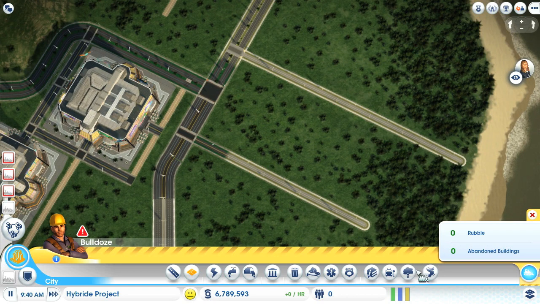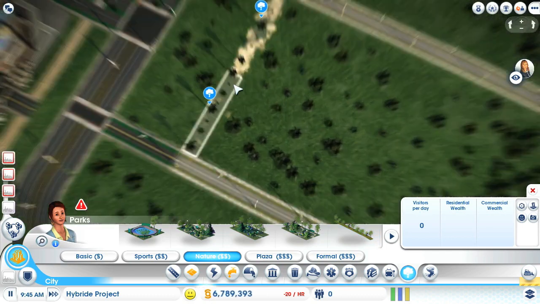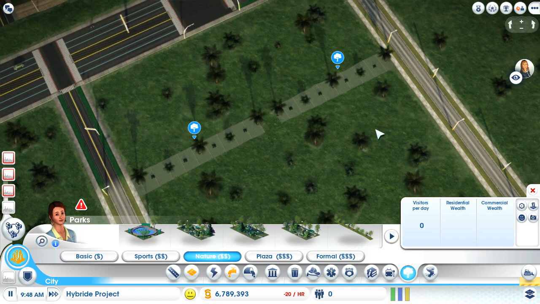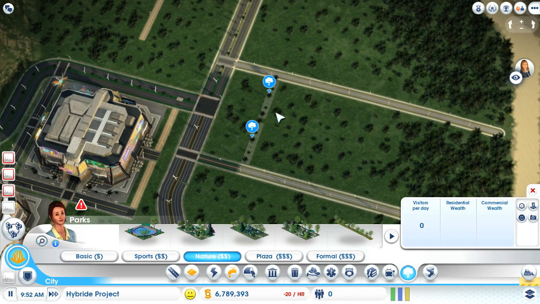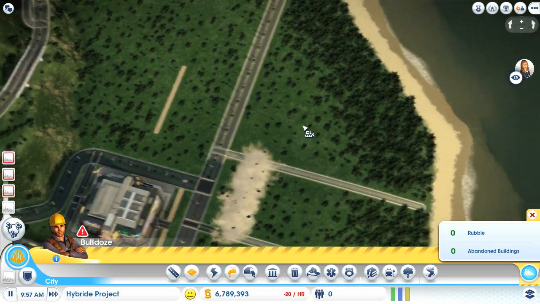Okay, and now let's check if we have enough space here between these 2 roads to build 2 high density buildings back to back. Yes, as you can see, this 3-row fits here, 2 3-rows right next to each other. That means we have enough space for high density buildings, and that means we have enough space for industry buildings and OmegaCo factories as well. So let's remove this and that, and let's continue